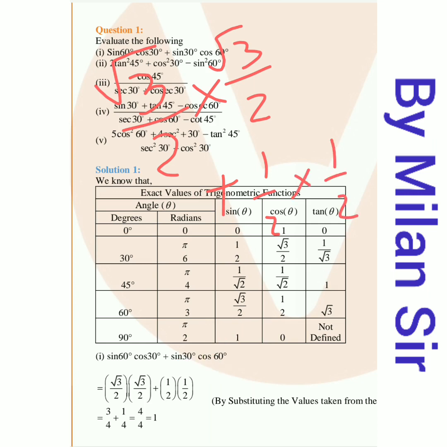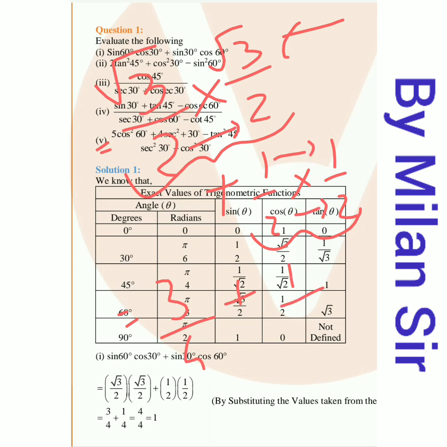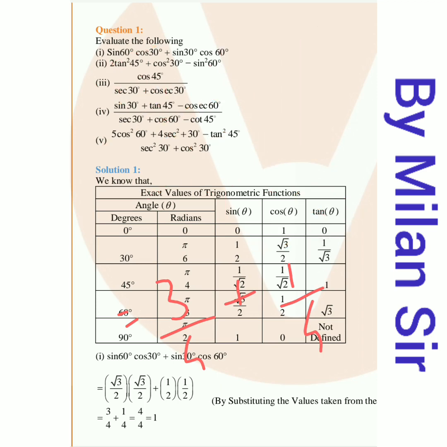Now solve this. So first of all we need to multiply as per the rule of BODMAS, right? So first of all multiplication. So under root 3 numerator versus numerator, under root 3 into under root 3 is only 3, and in denominator 2 2s are 4, plus again numerator versus numerator 1 1s are 1 and in denominator 2 2s are 4. Now denominator is same, so we can directly add our numerator. So 3 plus 1 is equal to 4 divided by 4, 4 by 4. So our answer is 1. Okay, this is the easy way.